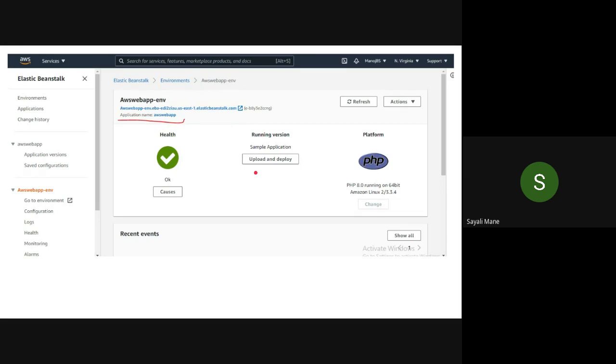Now simply scroll down. You will see the recent events. There are a total of five events which have happened in your Elastic Beanstalk.